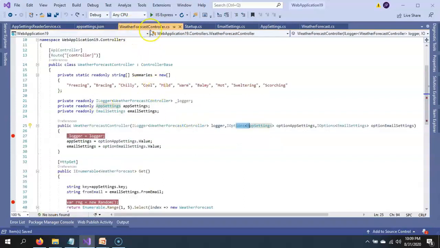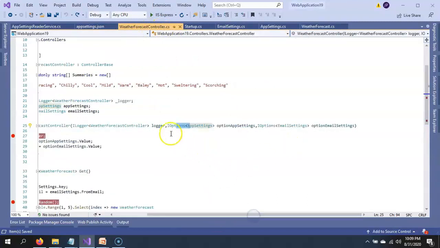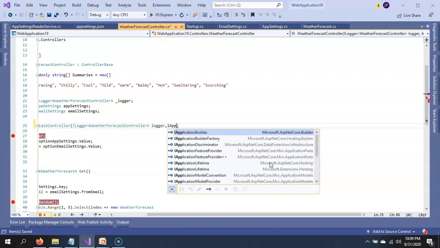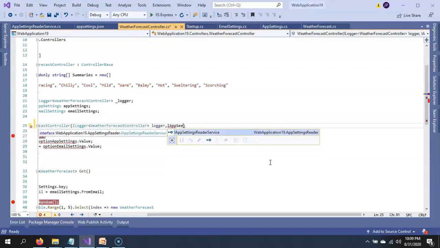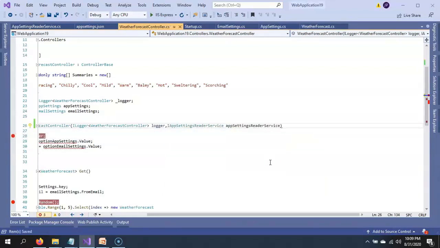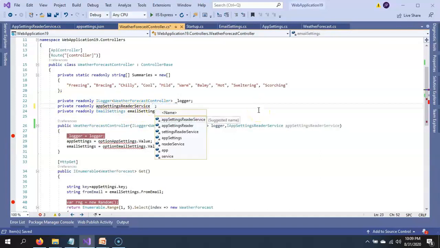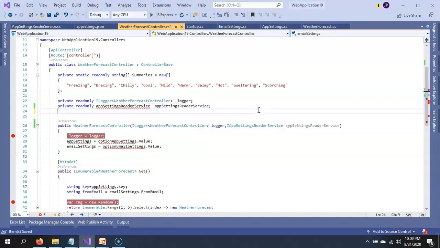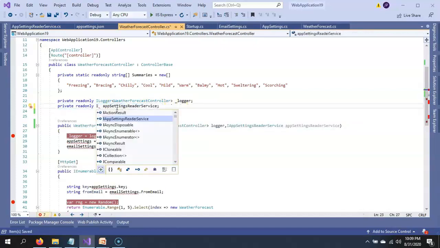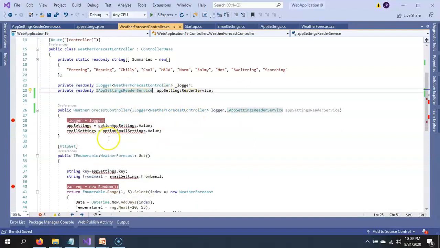Now in the WeatherForecastController, we had added multiple IOptions here, but now we just inject AppSettingReaderService here, and then we remove this. We just need the IAppSettingReaderService interface here.